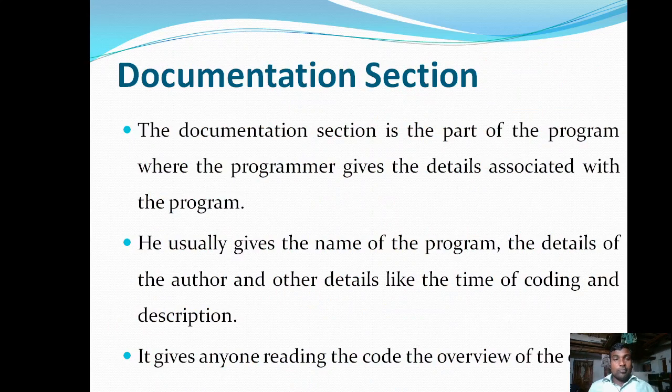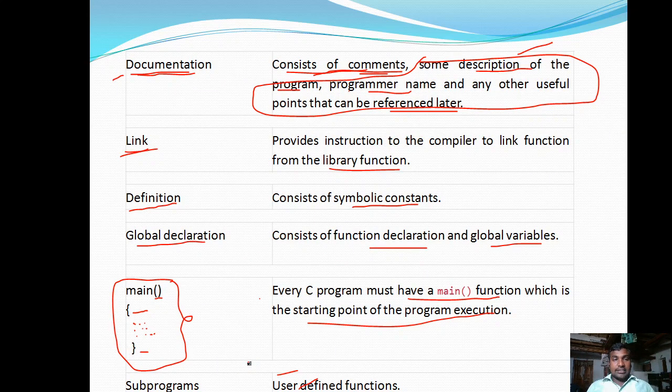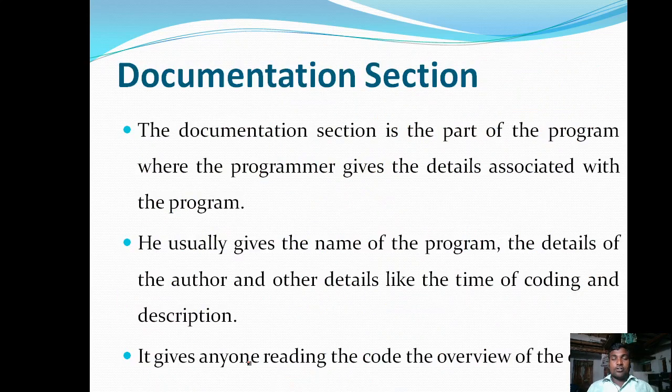Now let us discuss in depth all these sections individually. First one is the documentation section. This documentation section is the part of the program where the programmer gives the details associated with the program.